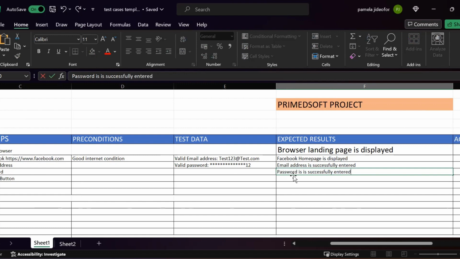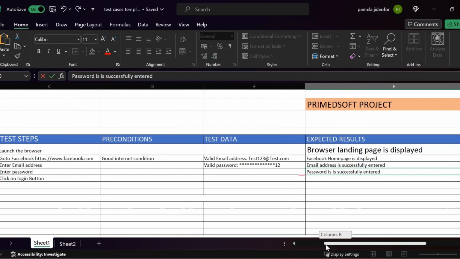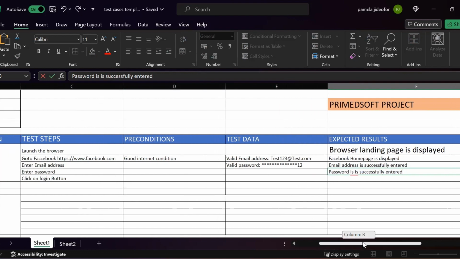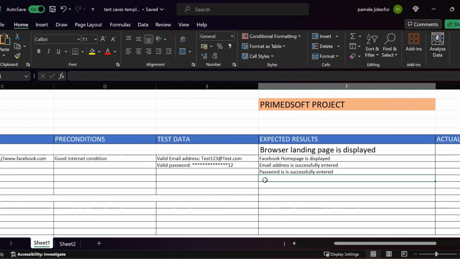Right. So now, when you click on login, what are you expecting? When you click on the login button, it will take you to Facebook. So when you click on login, you're successfully logged into your Facebook account. Yes, you successfully log into your Facebook account. And that is your expected result. So